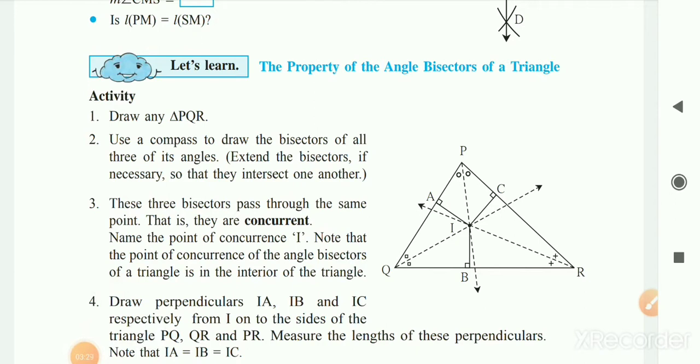Yesterday I taught you how to draw the angle bisector and the perpendicular bisector, I showed you all. So those constructions we are going to use in this construction. So what is the heading? The property